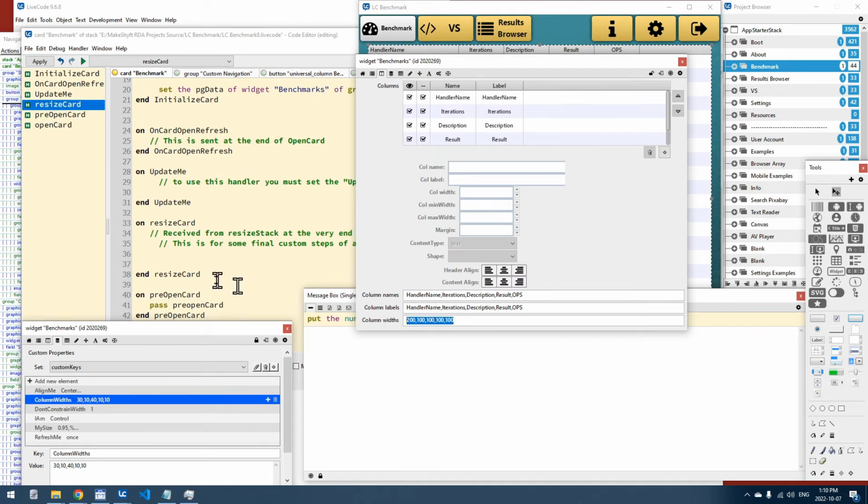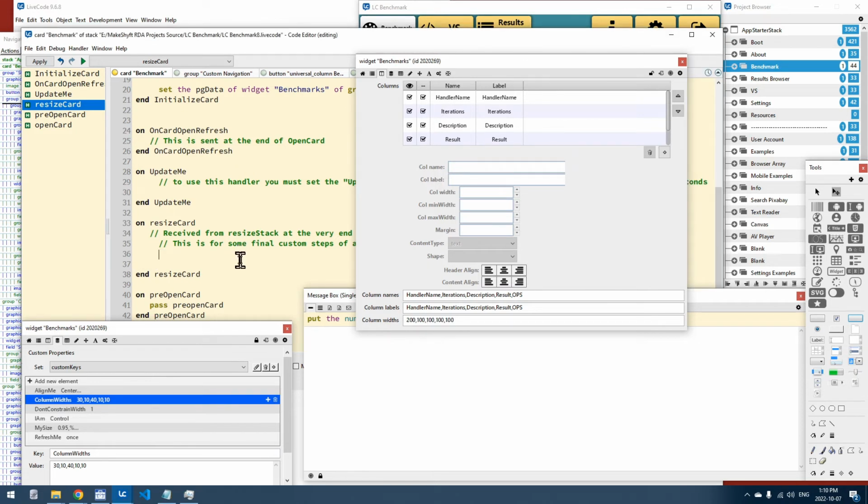But we can't just set it to this because these are percentages and these are pixels. So we need to convert between the two, and we need to have a final string that is set to the PG column widths property. So let's go and create